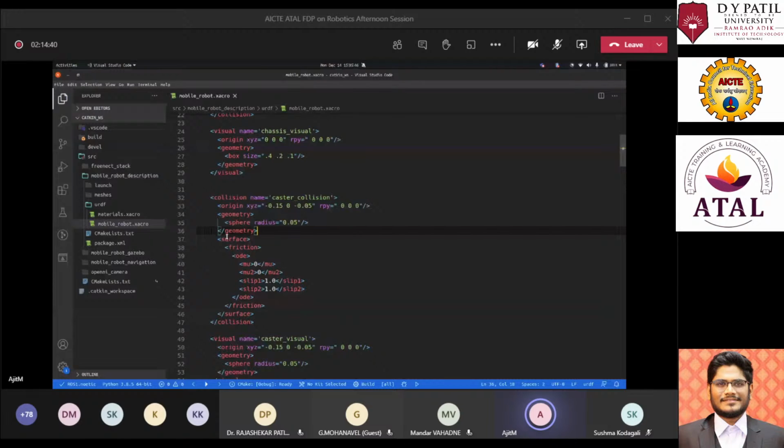Now, since I have copied the code which I have done earlier, it has also included the wheels. But here you can see there is a caster wheel. Now what we'll do is we'll add colors to this block. And to add colors, we have to just provide a material color under the gazebo tag.